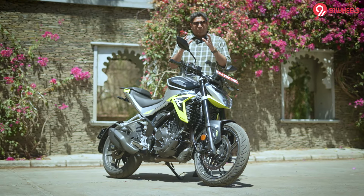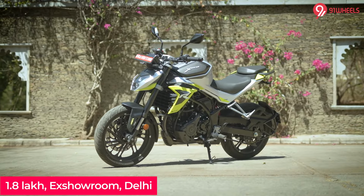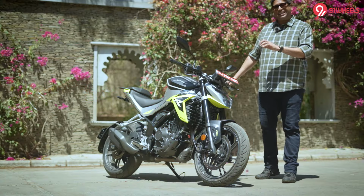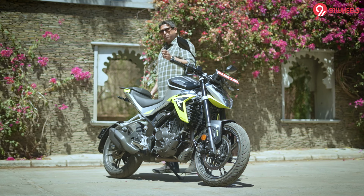First of all, how much will you have to pay for the Xtreme 250R? 1.8 lakh rupees ex-showroom, which is fantastic and almost in the same price range as the Xpulse 210. For a bike that looks smashing, is loaded with features, is the fastest in the segment, this price is definitely